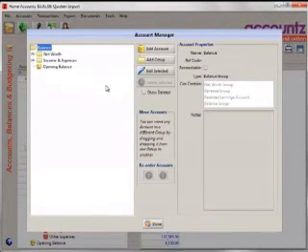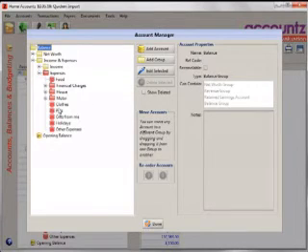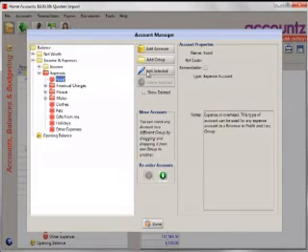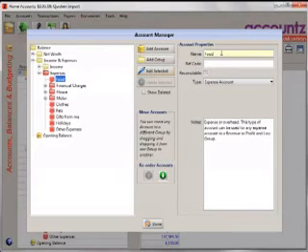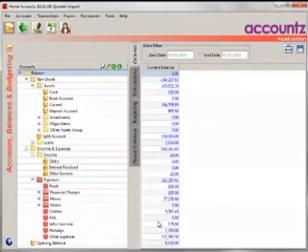The Account Manager opens up. There's a video on this, on the Account Manager. It's very, very simple. It's drag and drop. You can drag accounts around anywhere you like, add new groups, edit an account name. To do that, click on the account, click on Edit Selected, and change the name. Click on Done,